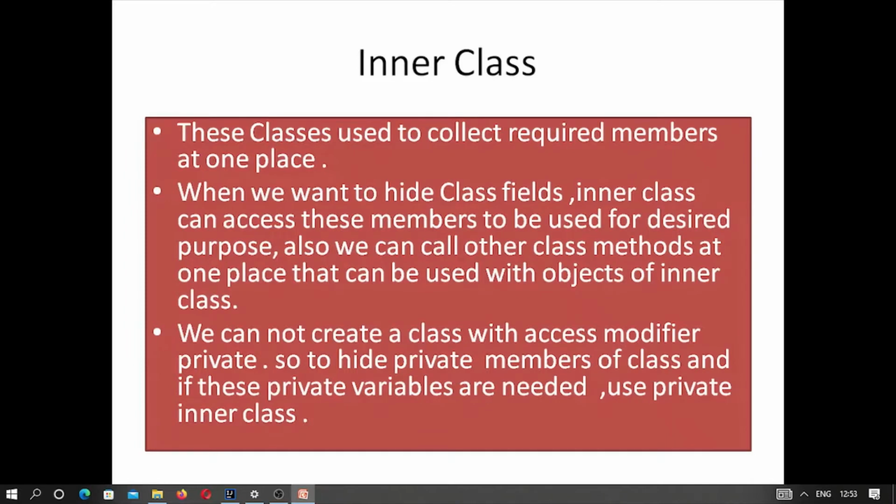So how can we achieve this? We simply create an inner class and a method inside the inner class. Since this is located inside a class, it will access all the private members also, because as per the private access modifier definition, it is accessible up to the class only.